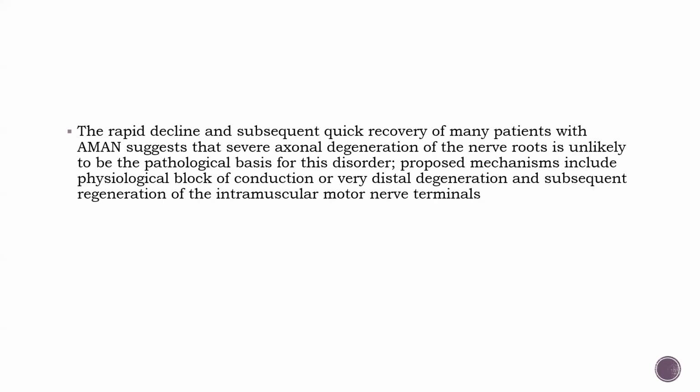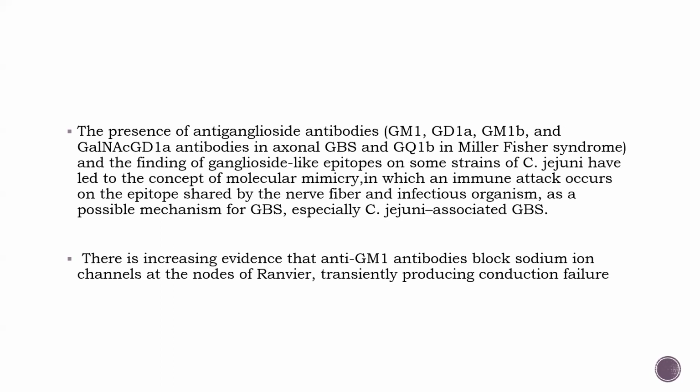The rapid decline and subsequent quick recovery of many patients with AMAN suggest that severe axonal degeneration of nerve roots is unlikely to be the pathological basis for this disorder. Proposed mechanisms include physiological block of conduction, and very distal degeneration and subsequent regeneration of intramuscular motor nerve terminals. The presence of antiganglioside antibodies like GM1, GD1a, GD1b, and GalNAc-GD1a antibodies in axonal GBS, and GQ1b in Miller-Fisher